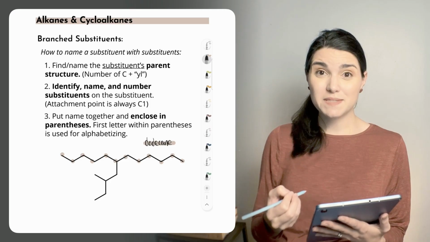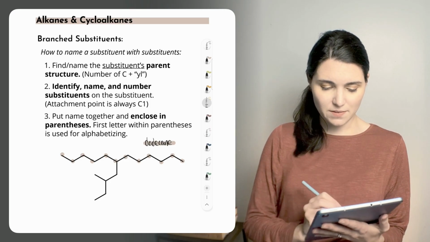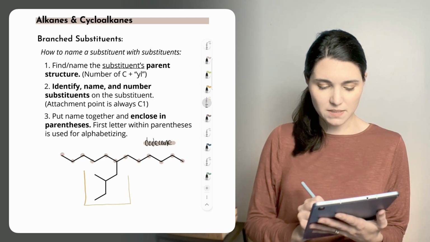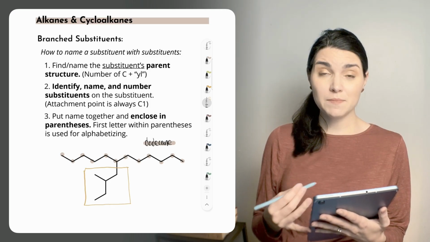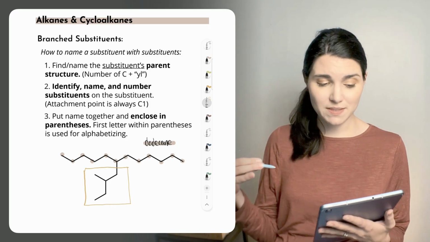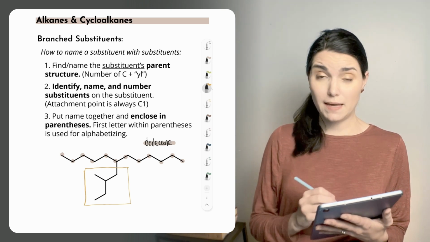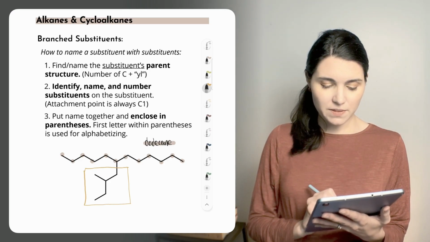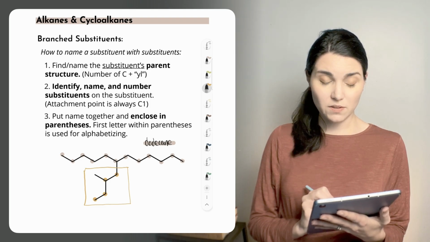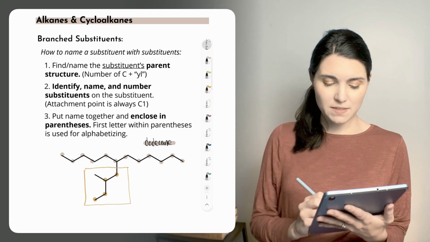And so here are the steps that we're going to take to name the substituent that's coming off of that dodecane. So I'm just going to circle the whole substituent in orange so you can see it. So first we're going to find and name the substituent's parent structure. So just as we've done before, the longest chain of carbons in the substituent, and then we'll use the yl ending. So the longest chain that I can find is 1, 2, 3, 4 carbons long. So the name of the substituent is butyl